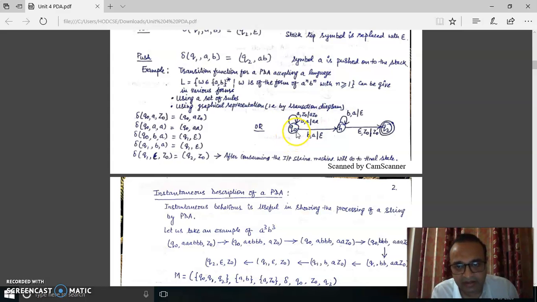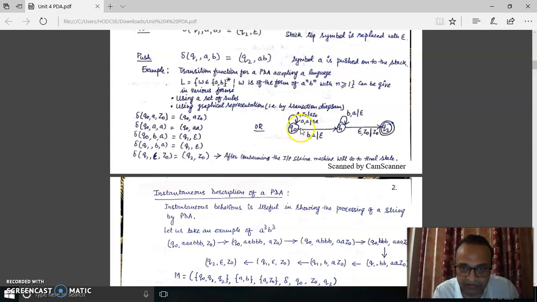Then at that time what will happen? Suppose we make a transition like this here. On B input we remain on the same state. Then once B appears, again there can be some A, because here you are having the transition of A also. In that way, after B there can be some A also, but that is not the nature of the question. The question says that once B starts coming, there should not be any A. So we have to ensure that once B is there, there should not be a transition on A input.